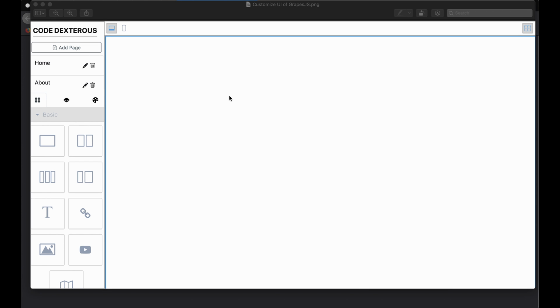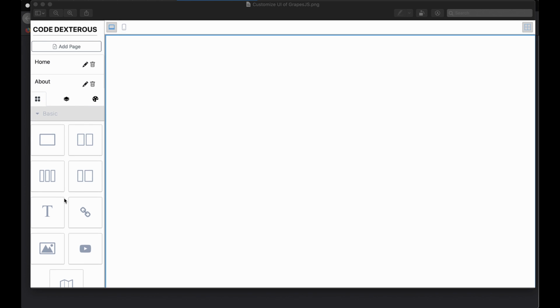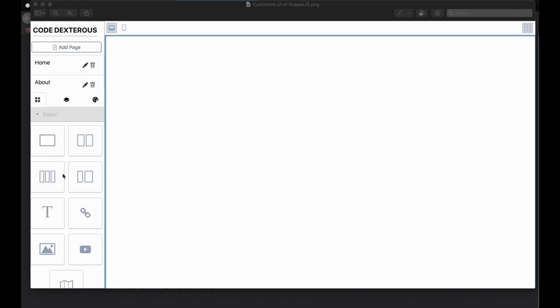Today we will design a custom UI for our GrapesJS library. This is what we will achieve in this video. This side panel shows the list of pages which we will add, and the bottom is for showing the blocks from the Grapes library, and we have this panel here. This is the Navbar, and this toggle is for changing the UI view between mobile and desktop, and